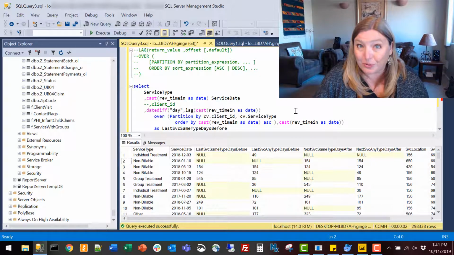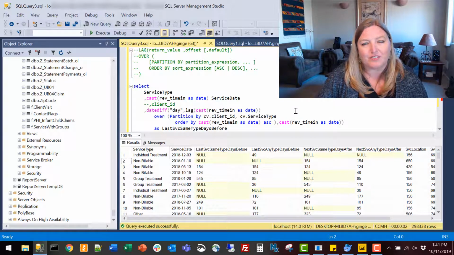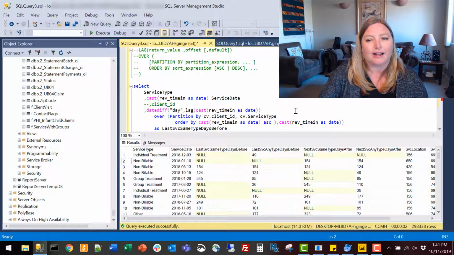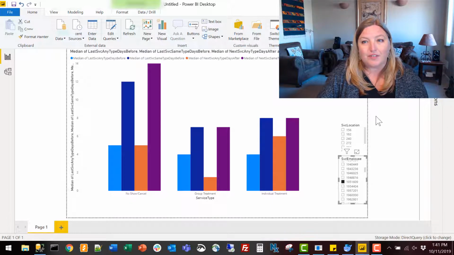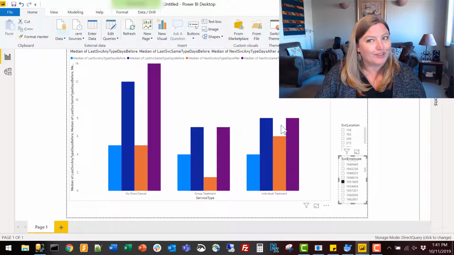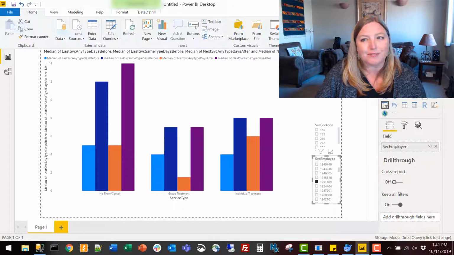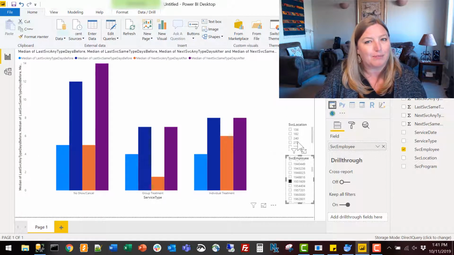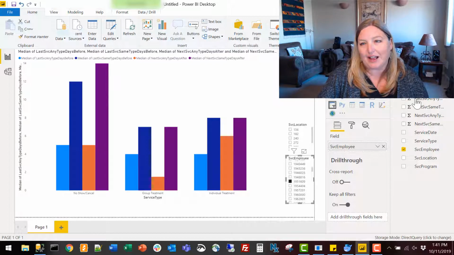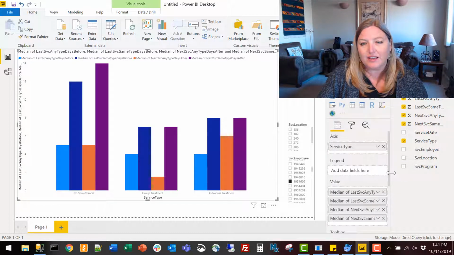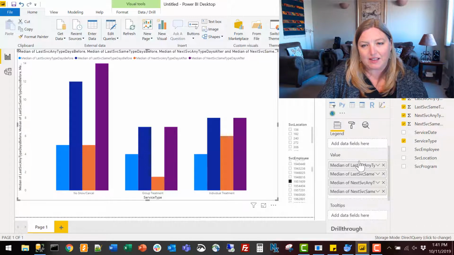But what gets really cool is you can do some visualizations with this to really see what's going on in that data. And for that, we're going to use Power BI. So if you look on my screen here, we've got a Power BI visualization going on, which was really simple to build. I just connected it to a little table I built that has those same values you just saw in my SQL. And what I ended up doing here is I used median instead of